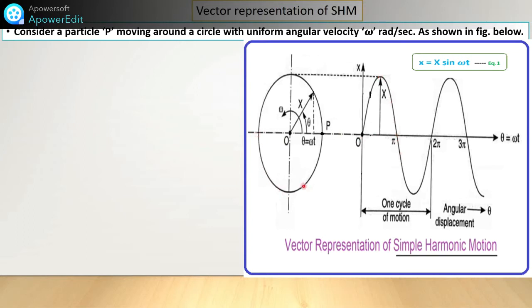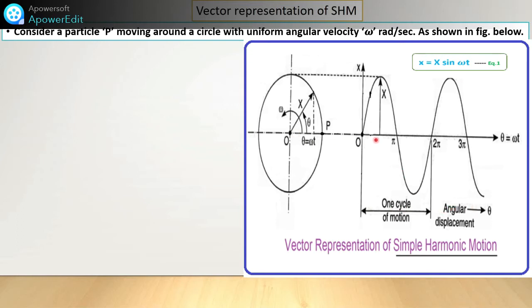Again it comes to the down position, it will move like this. So it will complete the 2 pi, 360 degrees. Okay, so 360 is completed here. So maximum displacement of P from the mean position, this is the mean position. So what will happen here? Here the maximum distance is capital X, and this small x is the displacement. But this maximum displacement is also called amplitude. Here is also shown one cycle for this angular displacement.